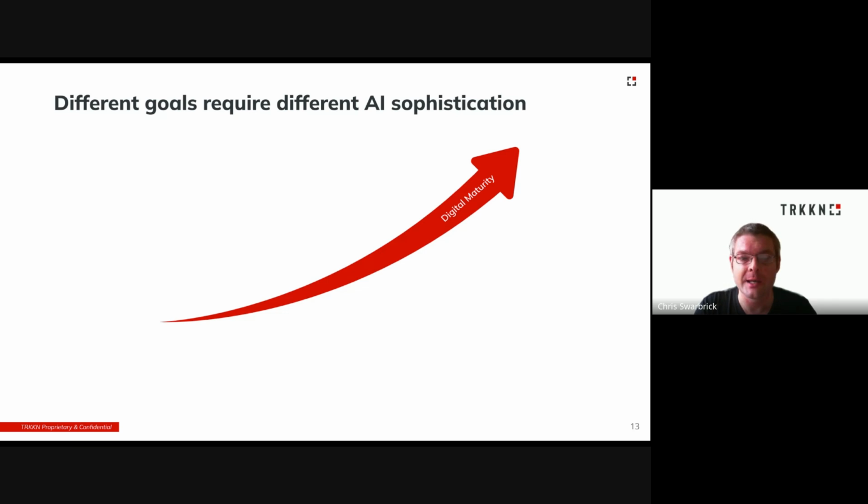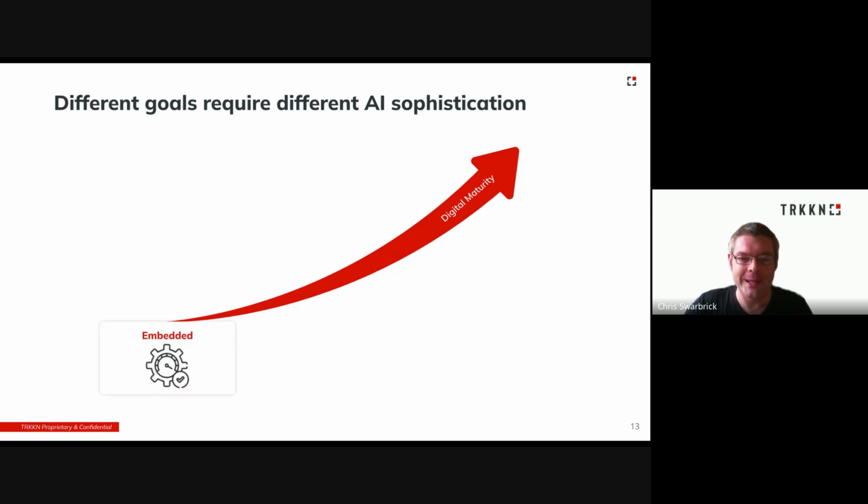I would say we should see AI basically as a toolkit, and just as a hammer is going to allow you to complete some tasks, but not those requiring more advanced tools like a power drill. So with AI, you'll need to bring to bear the requisite data, the infrastructure, and also the level of sophistication to achieve the specific goals that you're after. So to give a bit more of a steer on this, we've grouped various different applications of AI into 3 different buckets, which we will run through now.